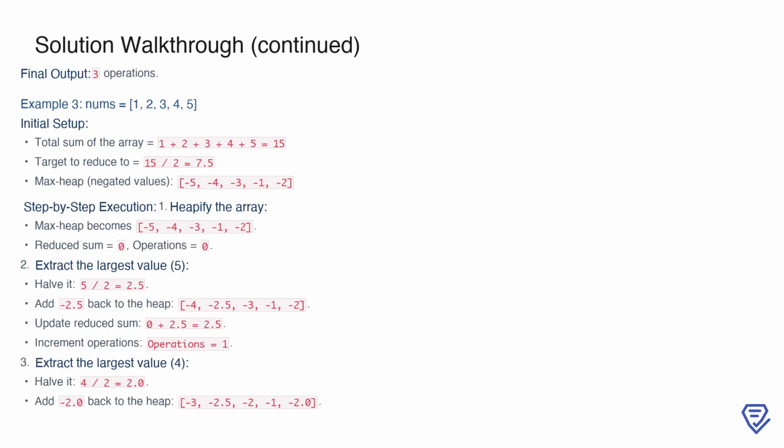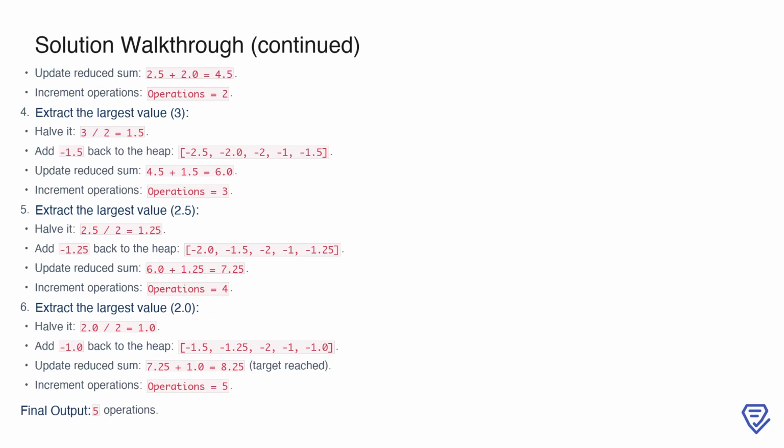incrementing to 1. Next, we extract the largest value, 4, halve it to 2.0, and add -2.0 back to the heap. This updates the heap structure to -3, -2.5, -2, -1, -2.0, and the reduced sum increases to 4.5. The operation count is incremented to 2. We then extract the largest value, which is 3, halve it to 1.5, and add -1.5 back to the heap. The heap becomes -2.5, -2.0, -2, -1, -1.5, and the reduced sum is updated to 6.0, with the operation count